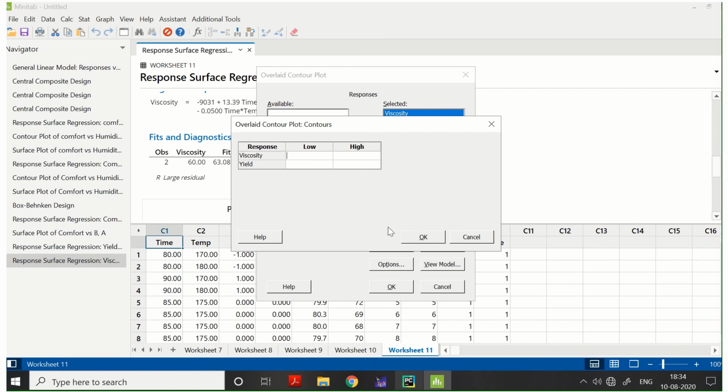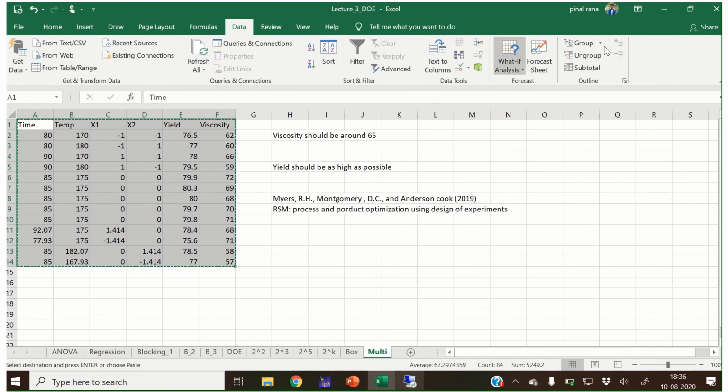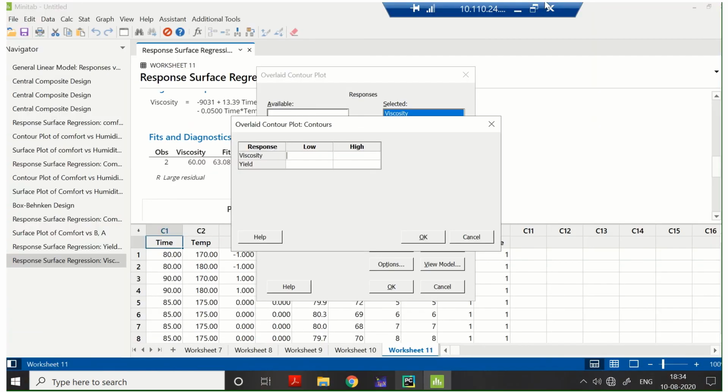So our viscosity value is somewhere near about 65. We can give one range of that, which is 63 to 67, and yield value is near about 80. So we can write 79 to 80.